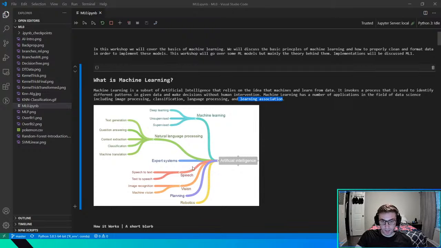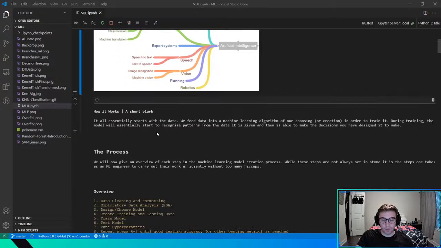Speech is what you think it is. You can talk to it, like for example Siri, and it understands, can convert speech to text, and the opposite, obviously. Vision is also a really popular field for image recognition. So this could be, like I said, the cats and dogs example, but also say you're taking a picture of a check that you want to submit to the bank. Image processing or image recognition is that kind of thing, and then machine vision is in that same area. And then robotics and planning, as they say, robotics is AI, whatever. That's not what we're too focused on.